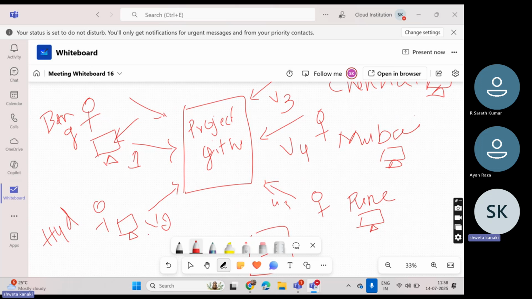It's like your mobile: when you get an update, it becomes a different version. The same thing: if I make some changes and a different person makes some changes, it won't be the same. It will be another version of that same file. Getting my point? So that is the reason it is called a version control system.